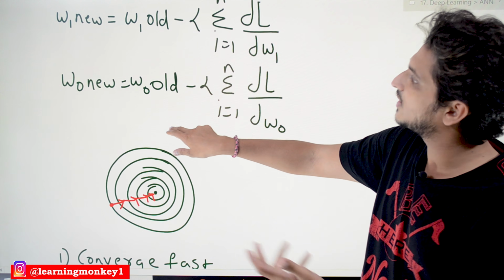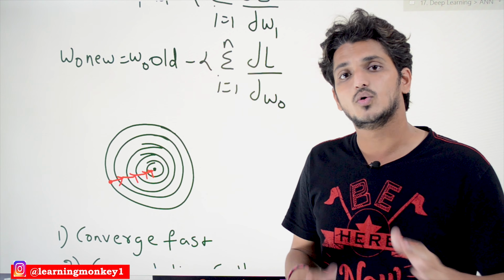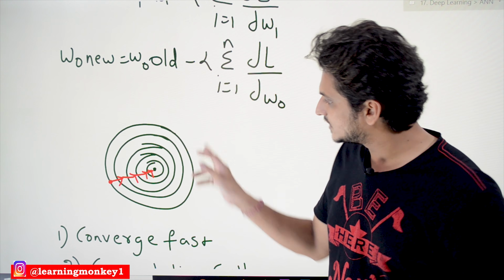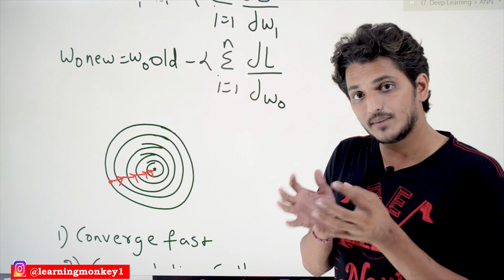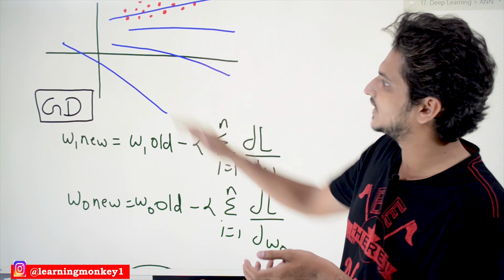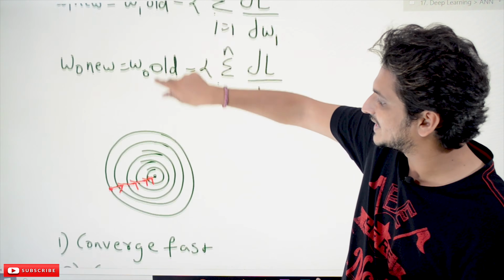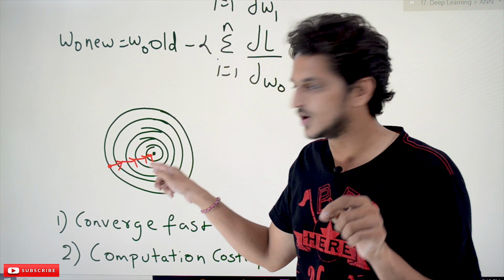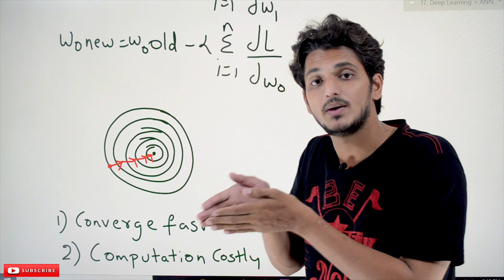Let's take a graphical look at contours. In our last class, when we discussed contours, the loss function which we used here is a convex loss function, and the contours look like this. If you take our W values here, the W's, which means the lines, are moving in the direction towards the minimum loss. It is going directly towards the minimum loss. This is the minimum loss value in the contour plot. Our W's are moving directly towards the minimum point.